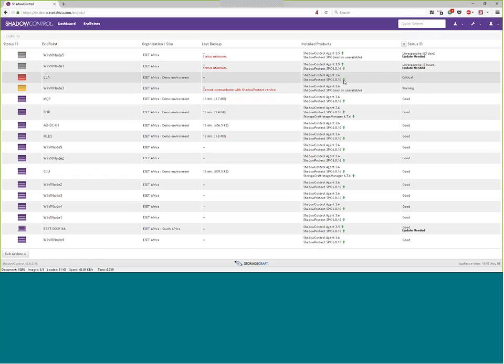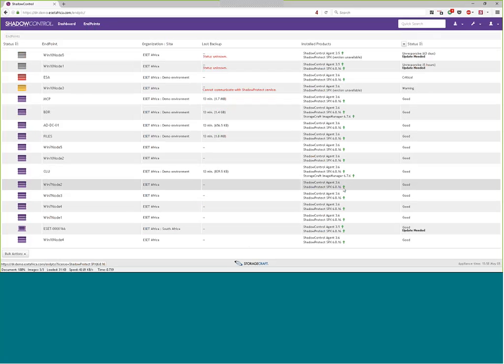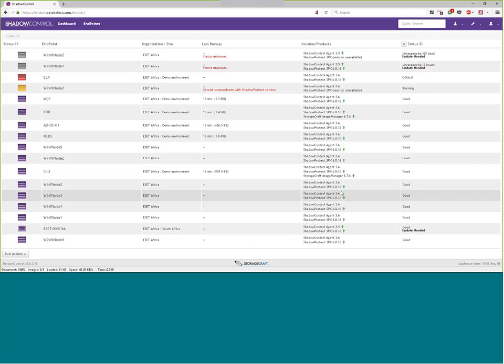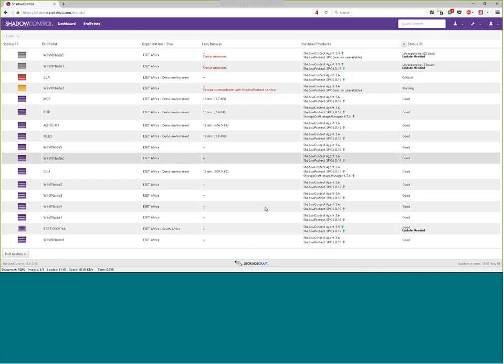So this is to indicate the SPX backup agent running on each machine, which has updates available. So I can see that there's actually a new version of SPX available right now, 6.1.0. And that'll allow us to update all of these agents to ensure that they're on the current running version.